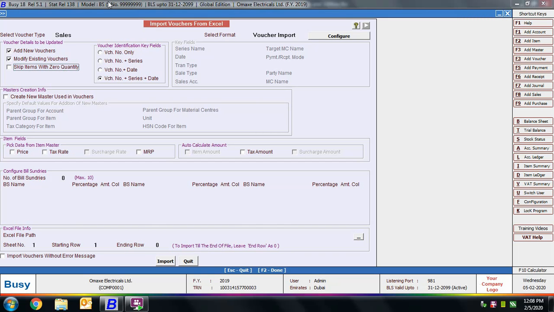That is, vouchers will be modified on the basis of voucher number only, on the combination of voucher number plus series, voucher number plus date, or voucher number plus series plus date. Then is create new masters used in vouchers. That is, while importing, if Busy finds any such master which is not yet created in Busy, then shall Busy